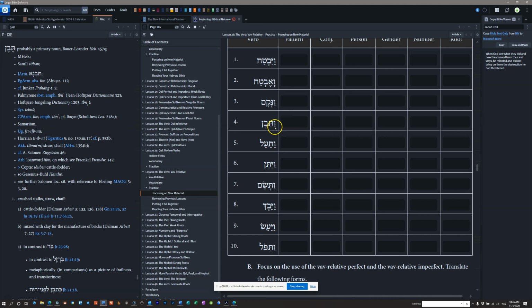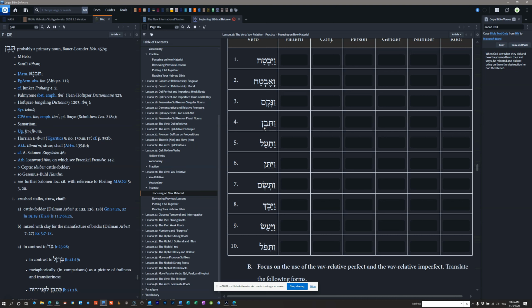So it can't be tav, bet, nun as our root. That must mean that one of these 3 letters is a prefix or a suffix or something added. And if something's added and we have 3, then we're probably missing a root letter as well. So what's been added? Do we add nun as a suffix? Well, we add nun as a suffix in the imperfect